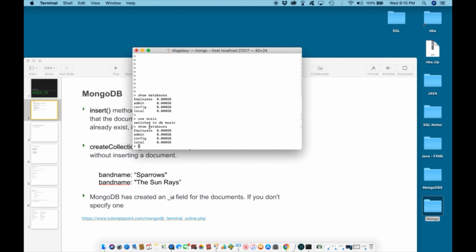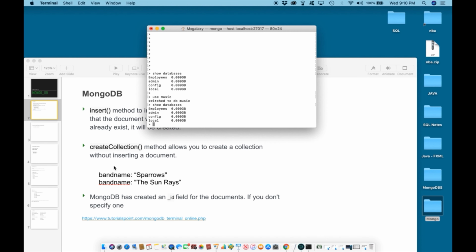So now that we have created music and we have used music, we are switched to the database music. Let us insert our first document, or our first band, by the name of the Sparrows. To do this, we can say db period the name of the collection, which is bands, period,